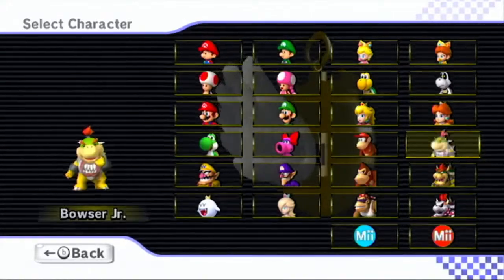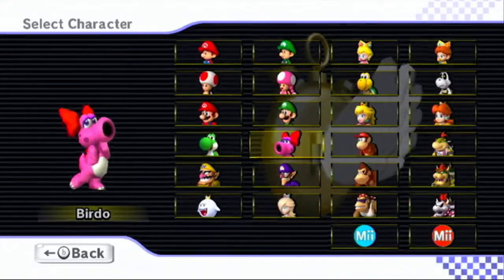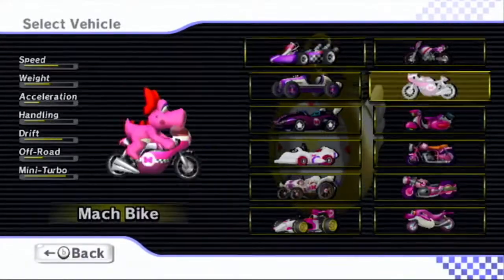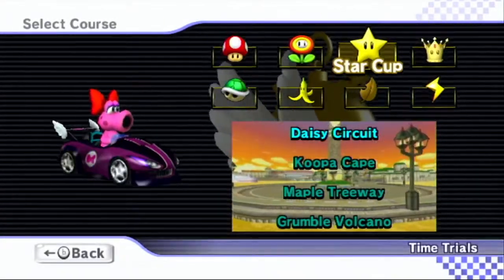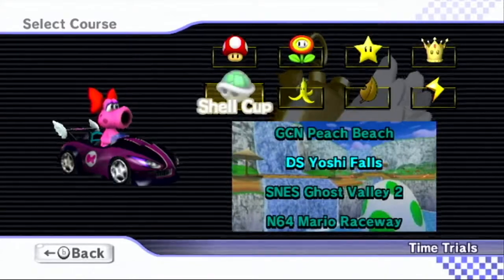Okay, the midweights. Obviously, you have to pick Birdo. And the first vehicle is going to be the Wild Wing. Now, the Wild Wing, you guys are sick of Daisy Circuit. Let's go on to...